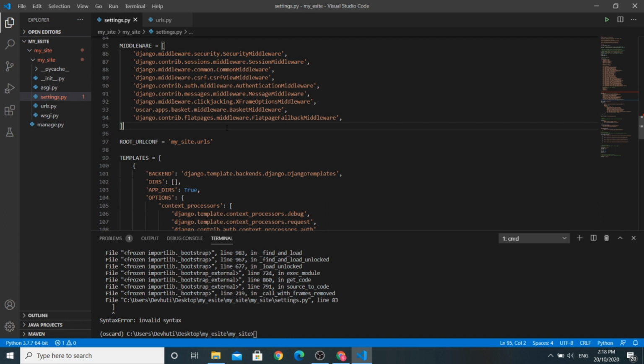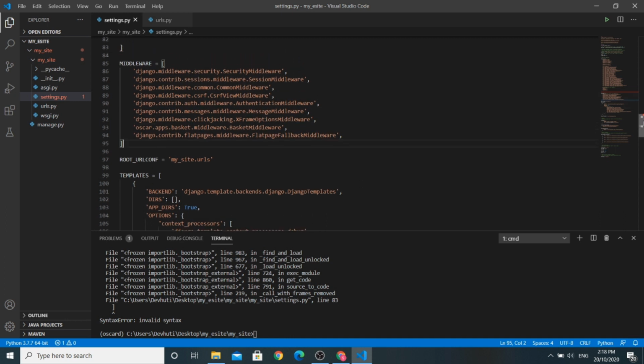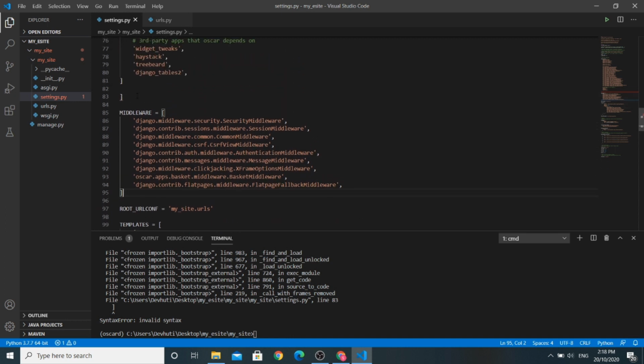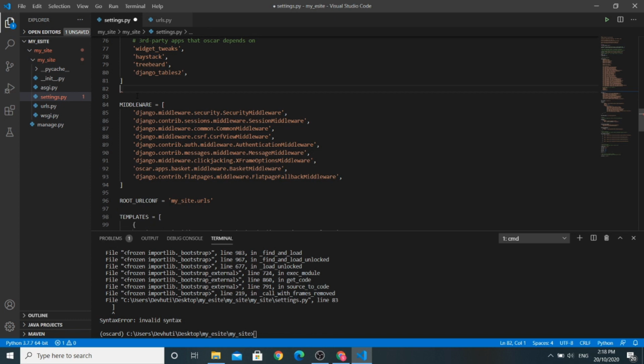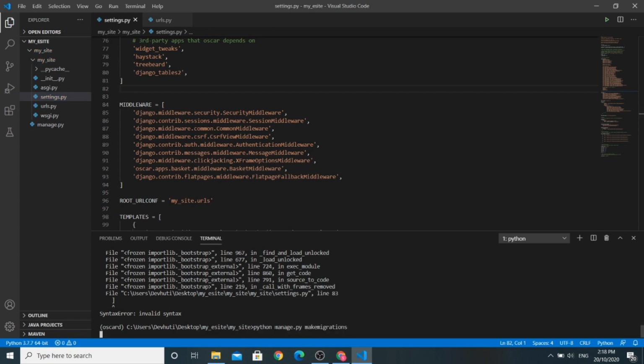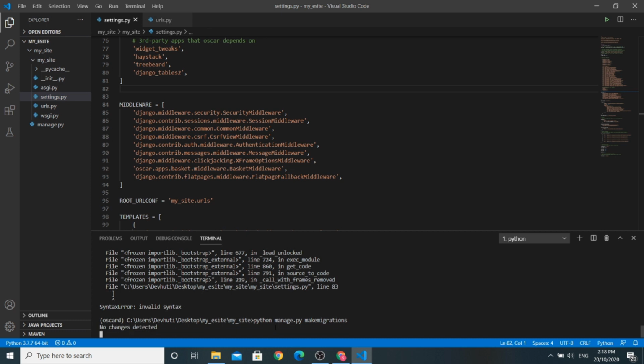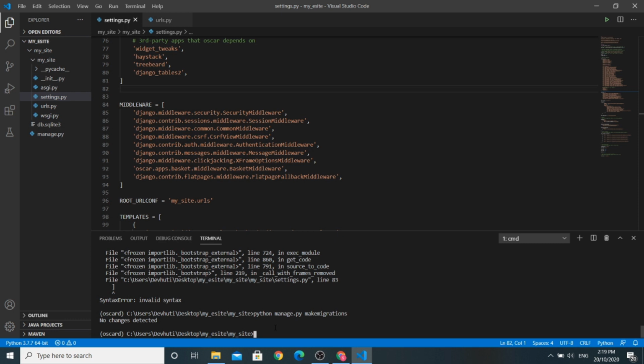Oops, there is some sync issue. Okay, let us run the command again, and this time it runs successfully. Now let us make migrations.